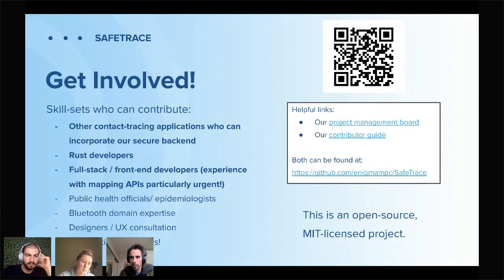If you are interested in working on additional algorithms that could run inside the enclave, that is all written in Rust, and so having any familiarity with that would be really helpful. For example, the heat map project that we discussed earlier in the presentation would be a great project to contribute to.